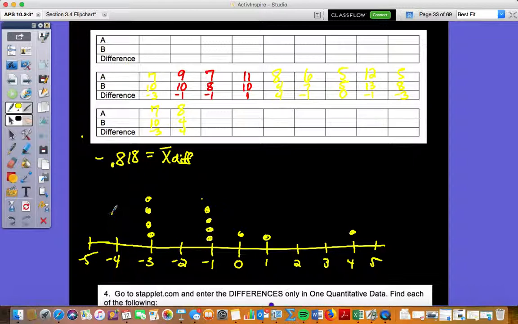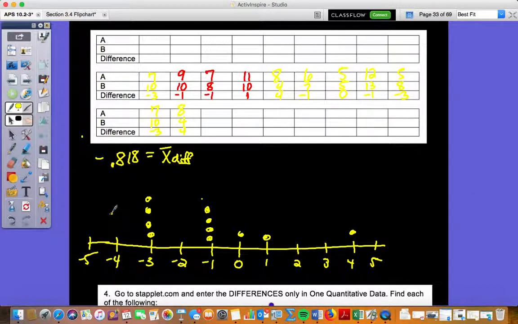Now, do we have statistical significance? We don't know yet. We have evidence that B could be better, but we don't have statistical significance,